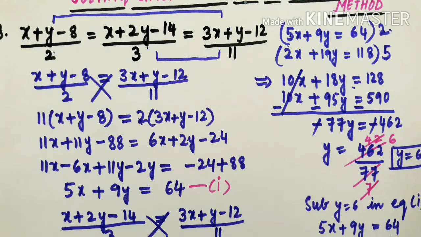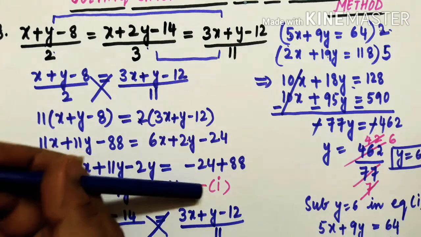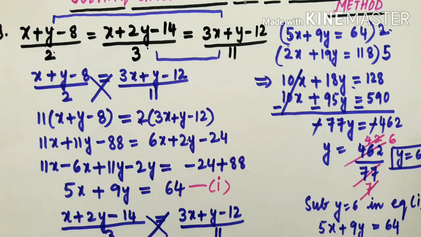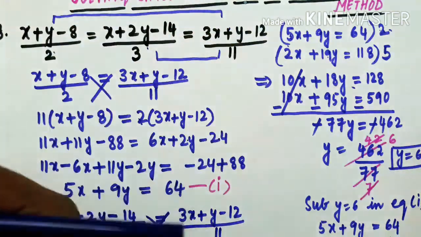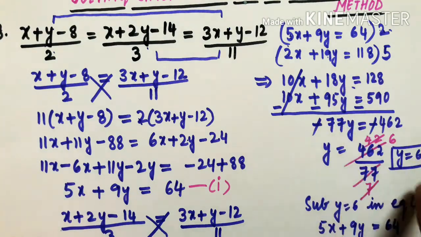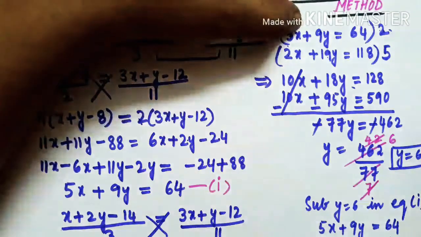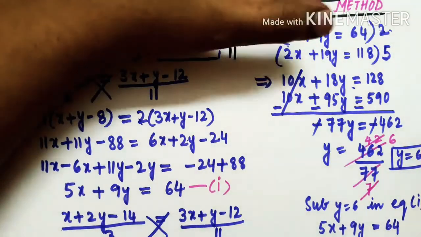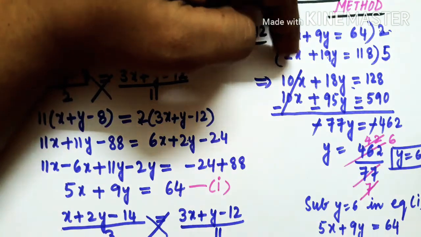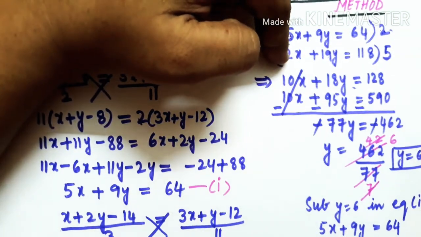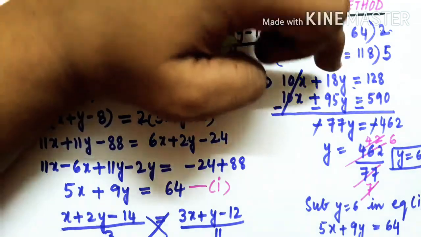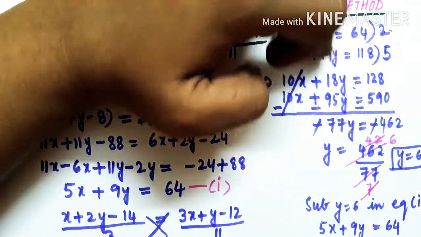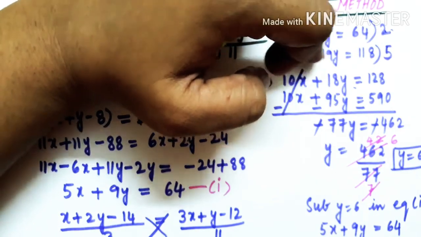When you get equations 1 and 2, then only you can proceed further. So in the elimination method, after you get the equations, first step, you will multiply the given equations by suitable numbers. Why are you multiplying with a suitable number? To make the coefficients of one of the unknowns numerically equal. Like here also you see, now you have got these two equations. If you are thinking to eliminate this x, then you need to make these numbers equal. If you want to eliminate this y, then you need to make these two coefficients of y equal.